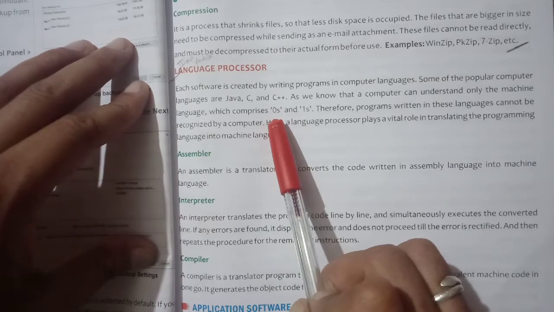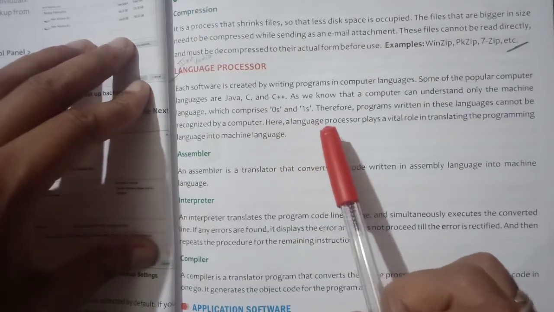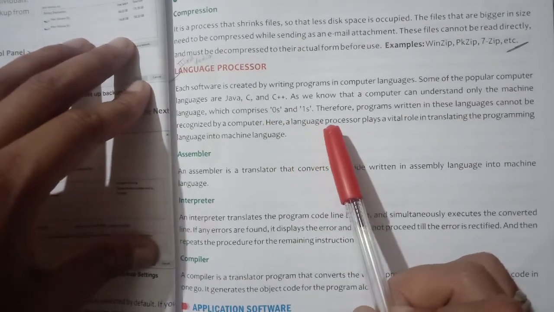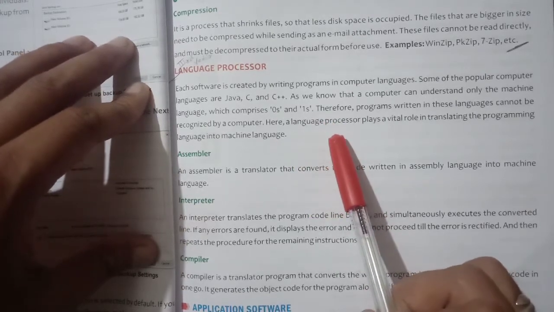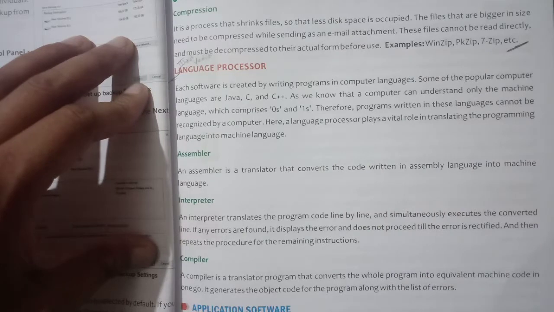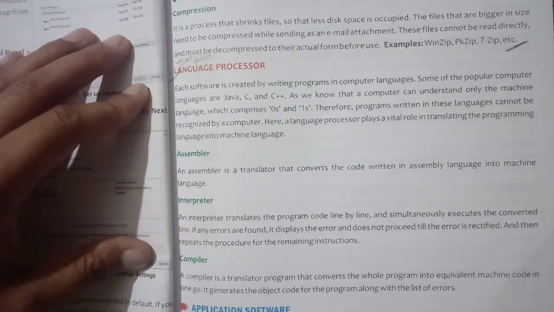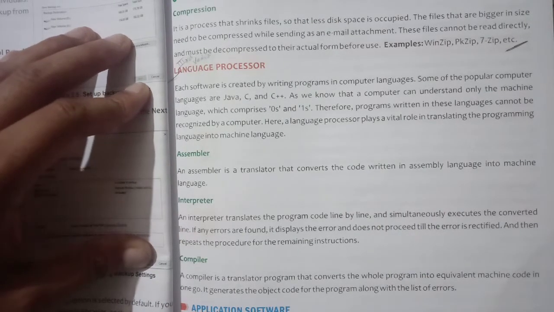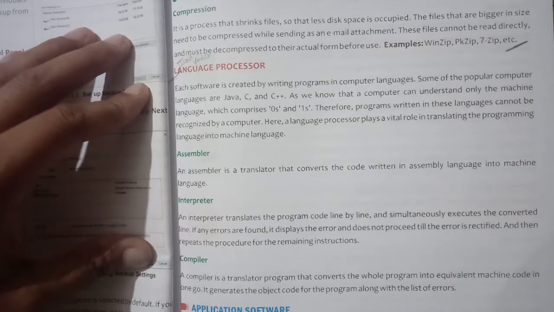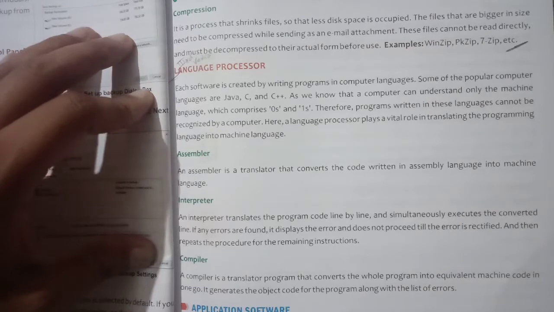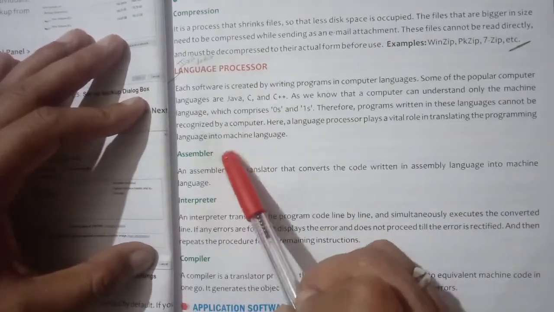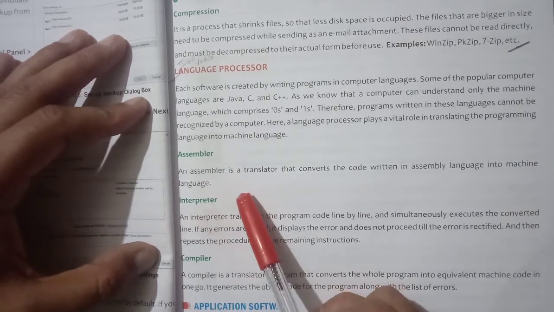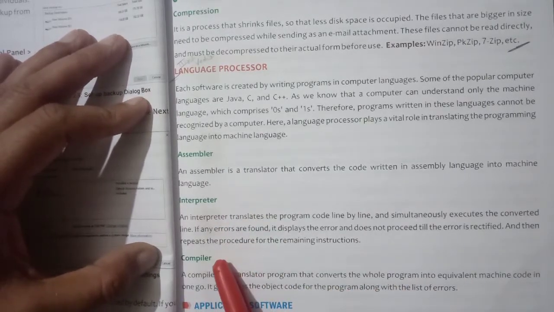Okay, so in the same way, if you want to add any value, your computer accepts any value in the form of 0 1 0 1 0 like this. So we can say computer language is very difficult to learn for the users, right? So here next is our language processors. One is assembler, second is interpreter, and last is your compiler.